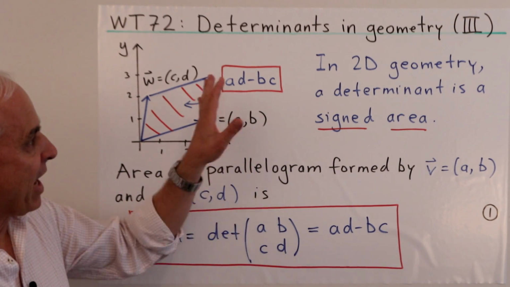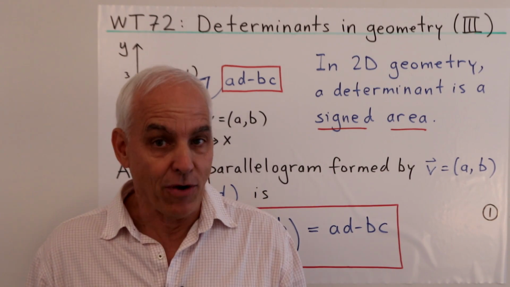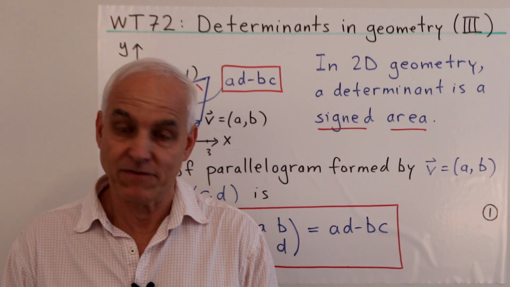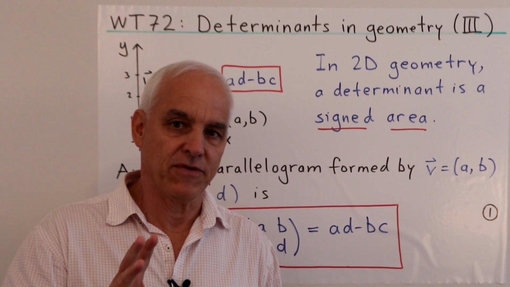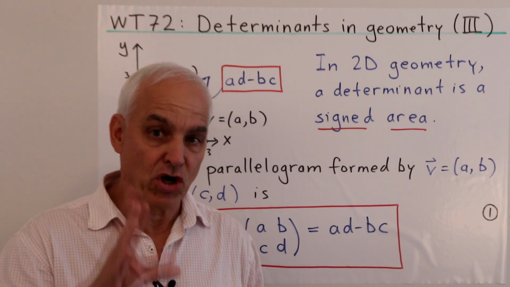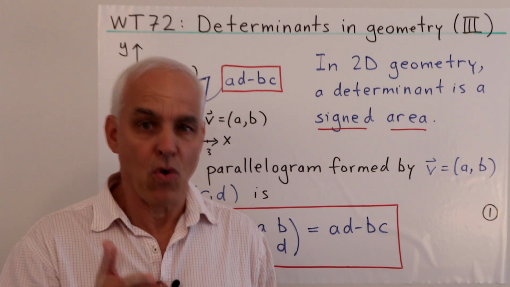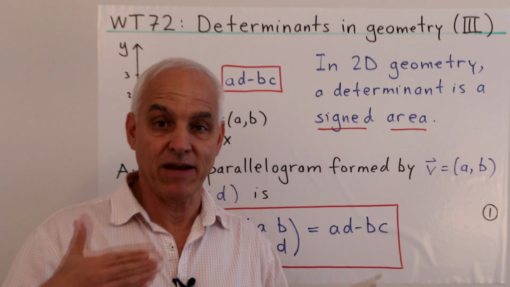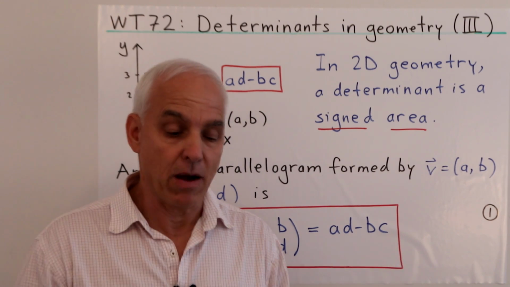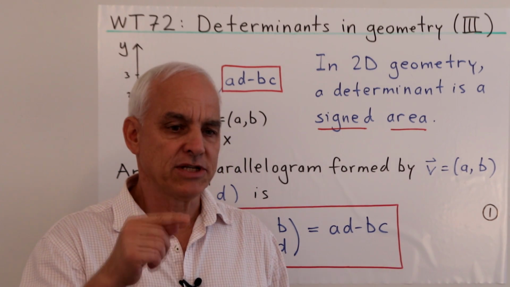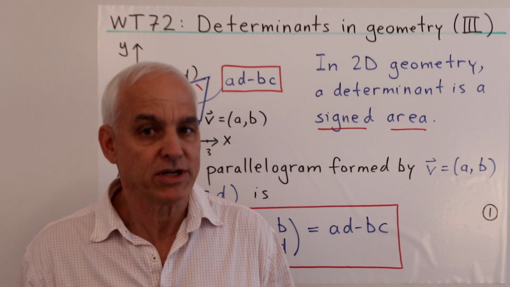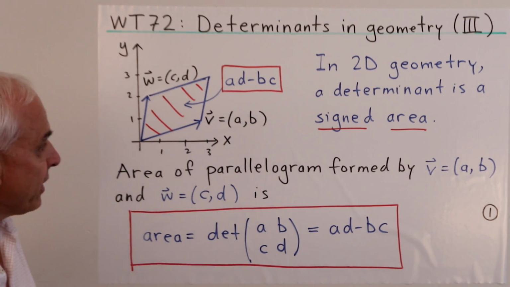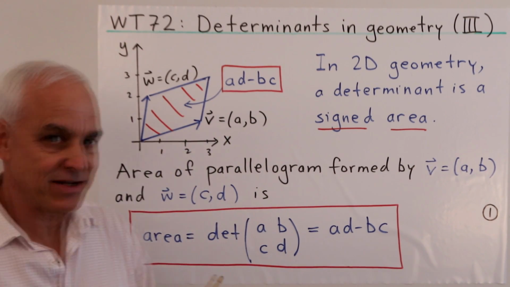Okay, so in our last video in this series, which was quite some time ago now, we were talking about determinants in geometry, and I want to continue with that today. It's a very important theme, the introduction of this very important function, the determinant, into geometry as a core underlying object in geometry. What we want to do today is connected with fundamental aspects of rational trigonometry. And along the way, I'm going to also introduce some interesting, important new notations that will be very useful for planar geometry.